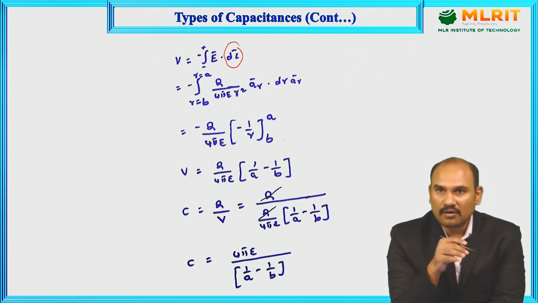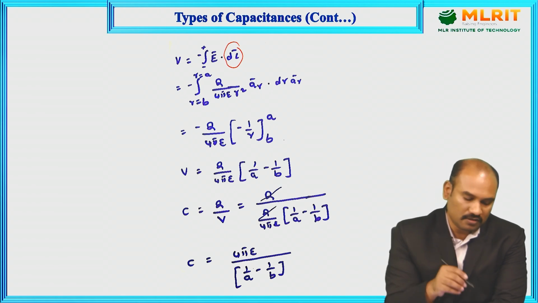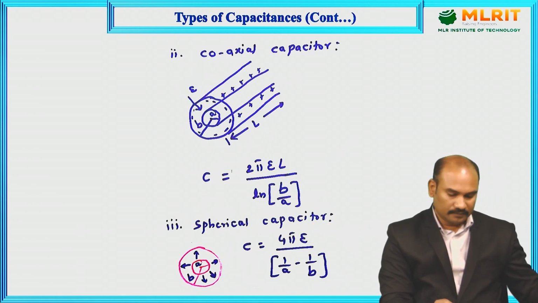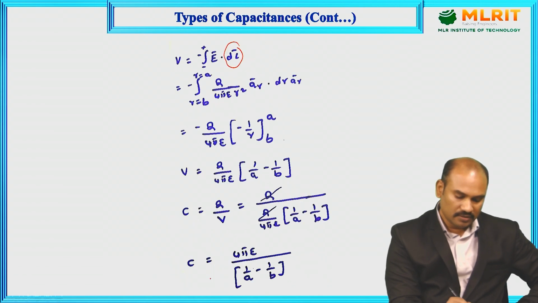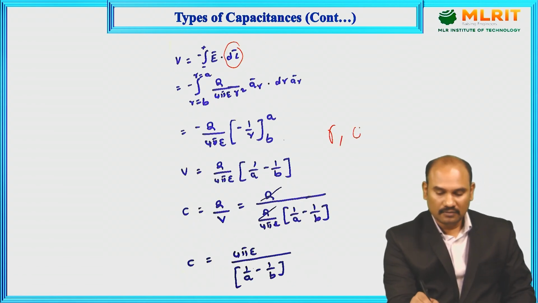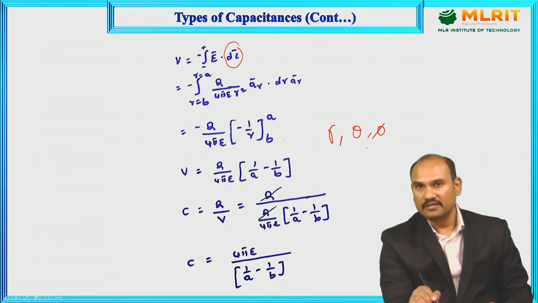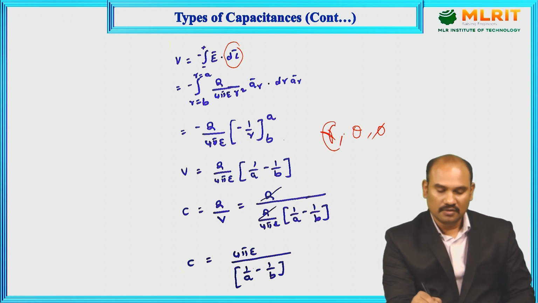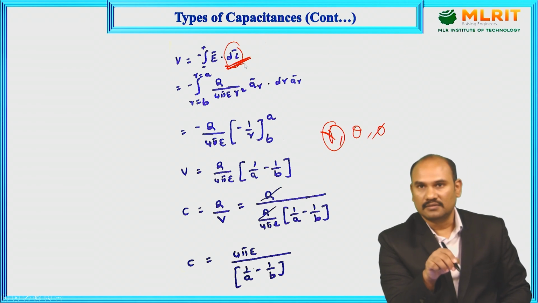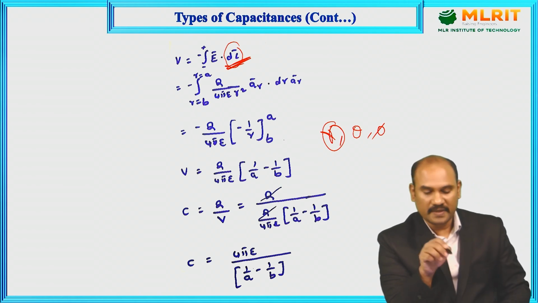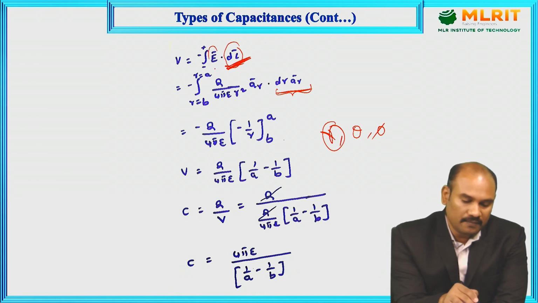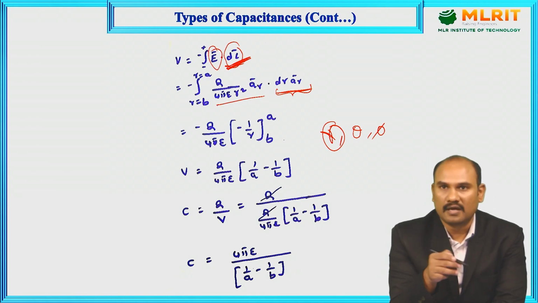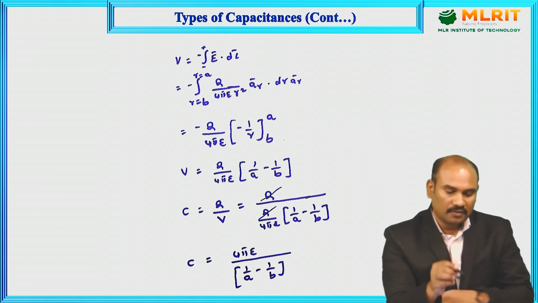The differential length along the radial direction, R component, because if you observe the electric field, the electric lines of force, these blue color arrows, are going radially outwards. For a sphere you have R, theta and phi. What is the direction of electric lines of force? Along the R direction, radial direction. So the differential length along the R direction in the spherical system is dr AR. So for dl I have substituted dr AR. For E bar I have taken the basic expression Q by 4 pi epsilon R square AR. Now AR dot